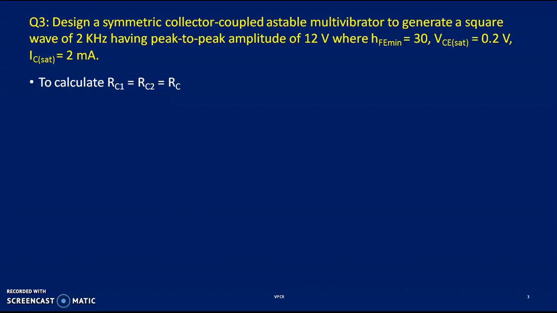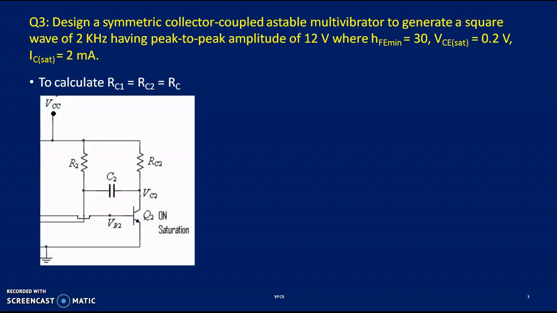In order to find the R value, that means R1 equal to R2 equal to R, first let us derive RC1 equal to RC2 equal to RC, that means the same value. For this I am going to consider one of the transistors in the saturation region. So when you consider Q2 in the on situation, that means in saturation region, then you can apply a KVL from this power supply through RC2 and Q2. It starts at VCC and ends at ground, so that you form a loop.